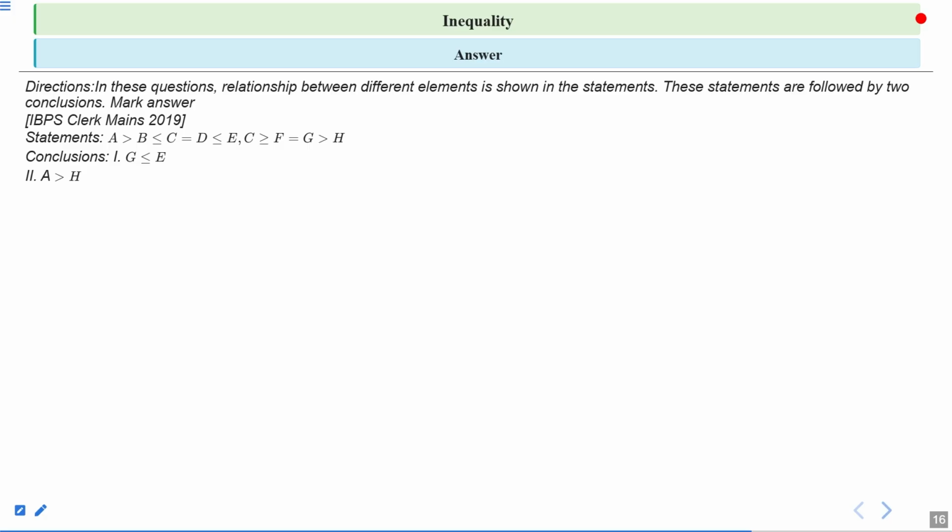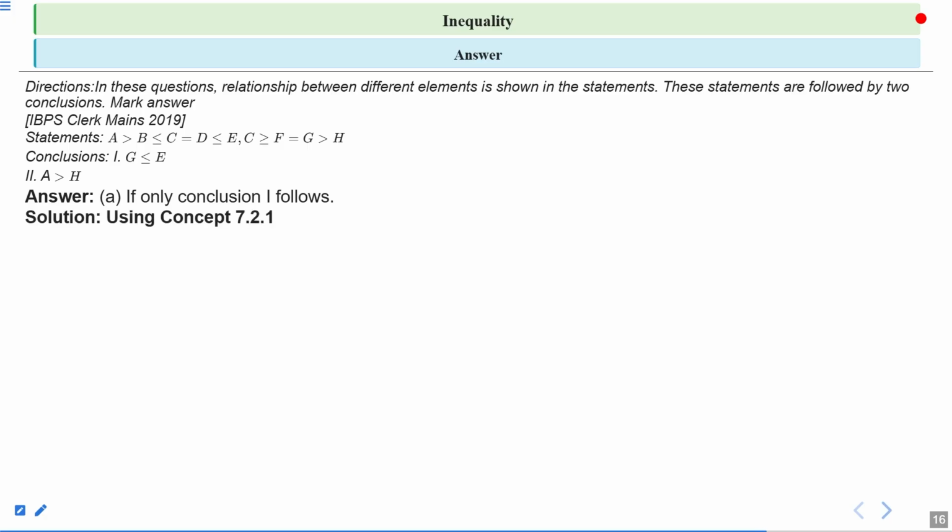The given statements are A > B ≤ C = D ≤ E, C ≥ F = G > H. Then conclusion 1: G ≤ E. Conclusion 2: A > H. So the answer is option A,